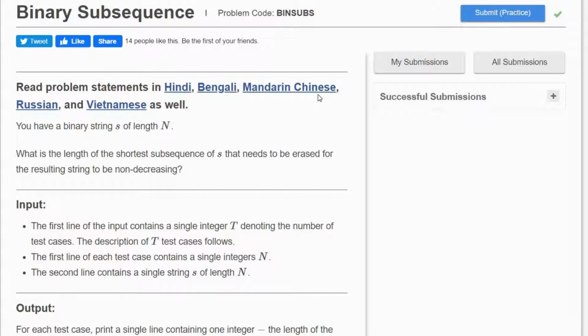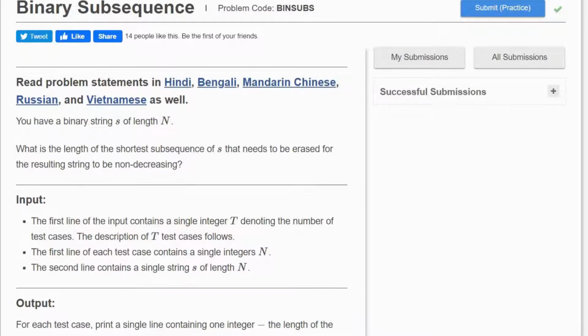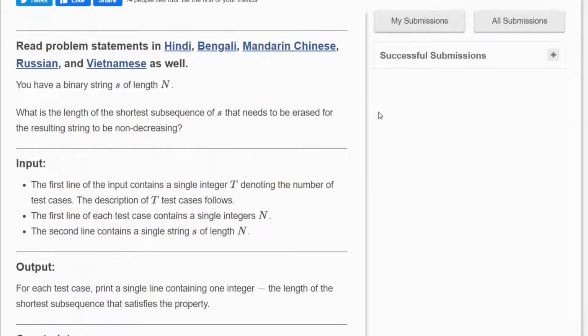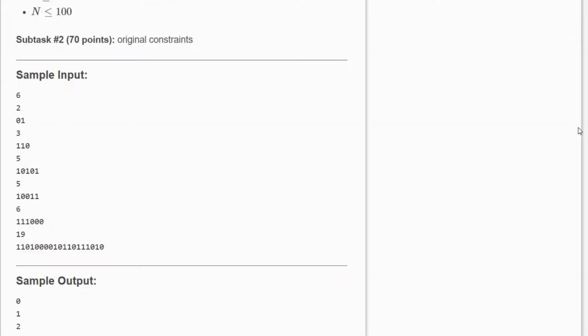Hello everyone. Today I am solving this problem, Binary Subsequence. In this problem we have a binary string s of length n, and binary string simply means that it has only two characters. It is stated in the question that every character is either 0 or 1, and we are required to erase some elements from the given string so that what we are left with is a non-decreasing string. It means that there should be no 1, that is no character 1, present before any character